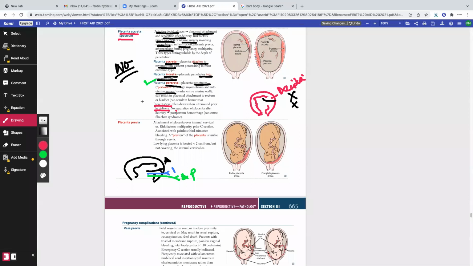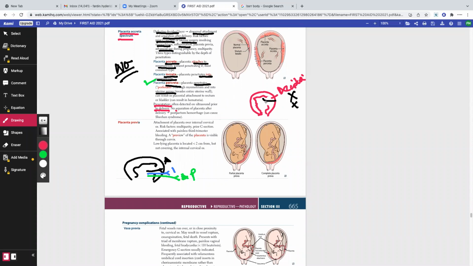Now, let's say you have a patient's husband. The patient's husband calls you and tells you that my wife just had a home birth, but the baby is healthy, but the placenta is not coming out. Are you going to advise the mother to try to get the placenta out, or are you going to advise them to come to the hospital immediately? The answer is come. Okay, if the placenta stays attached to the myometrium, is there a less chance of bleeding? Yes or no? The answer is yes.